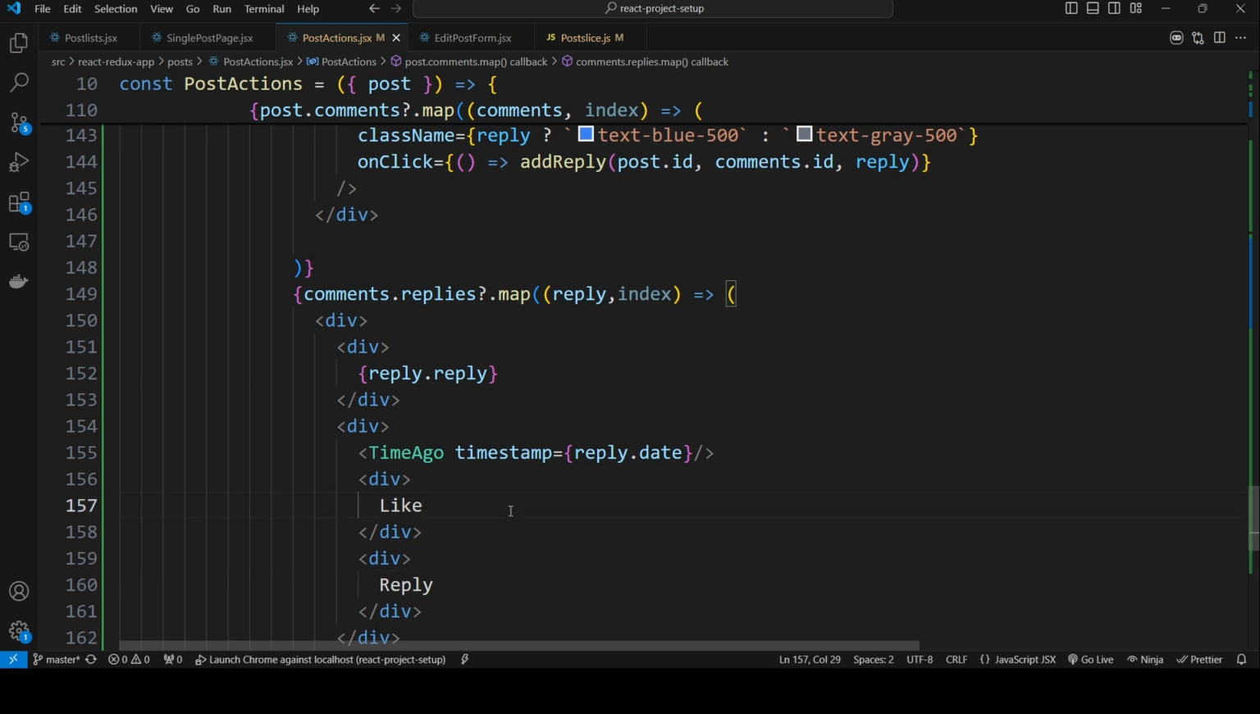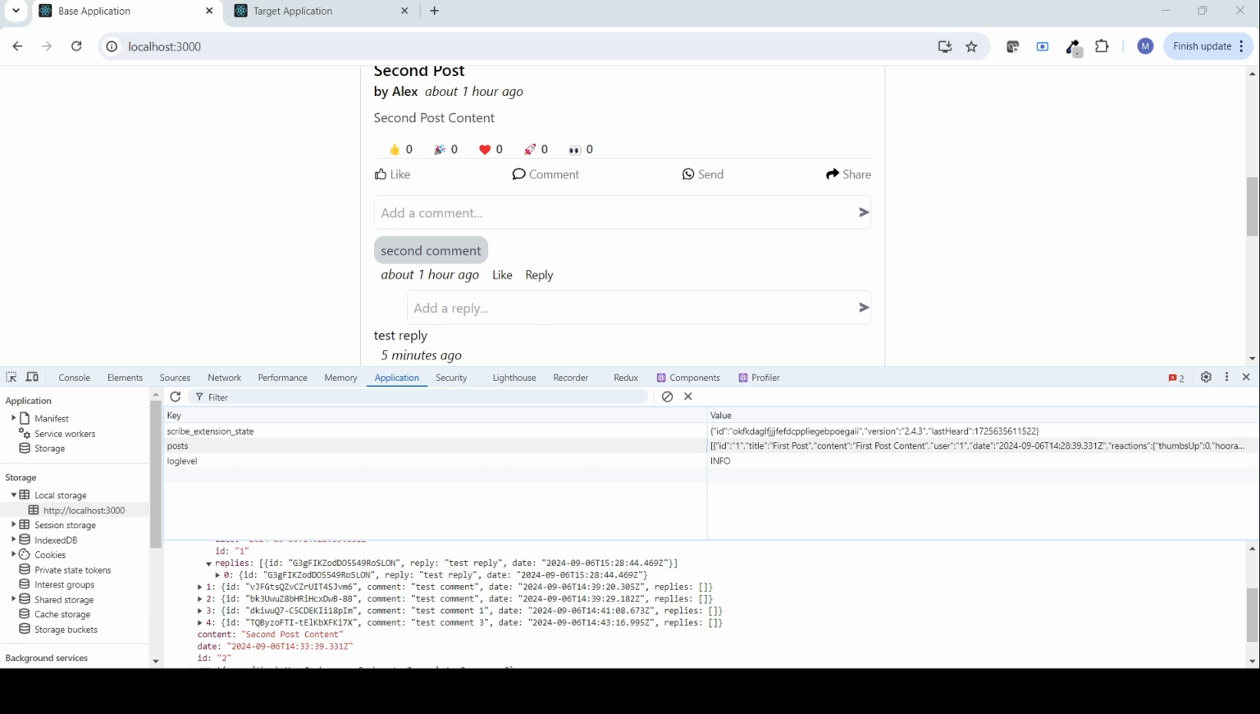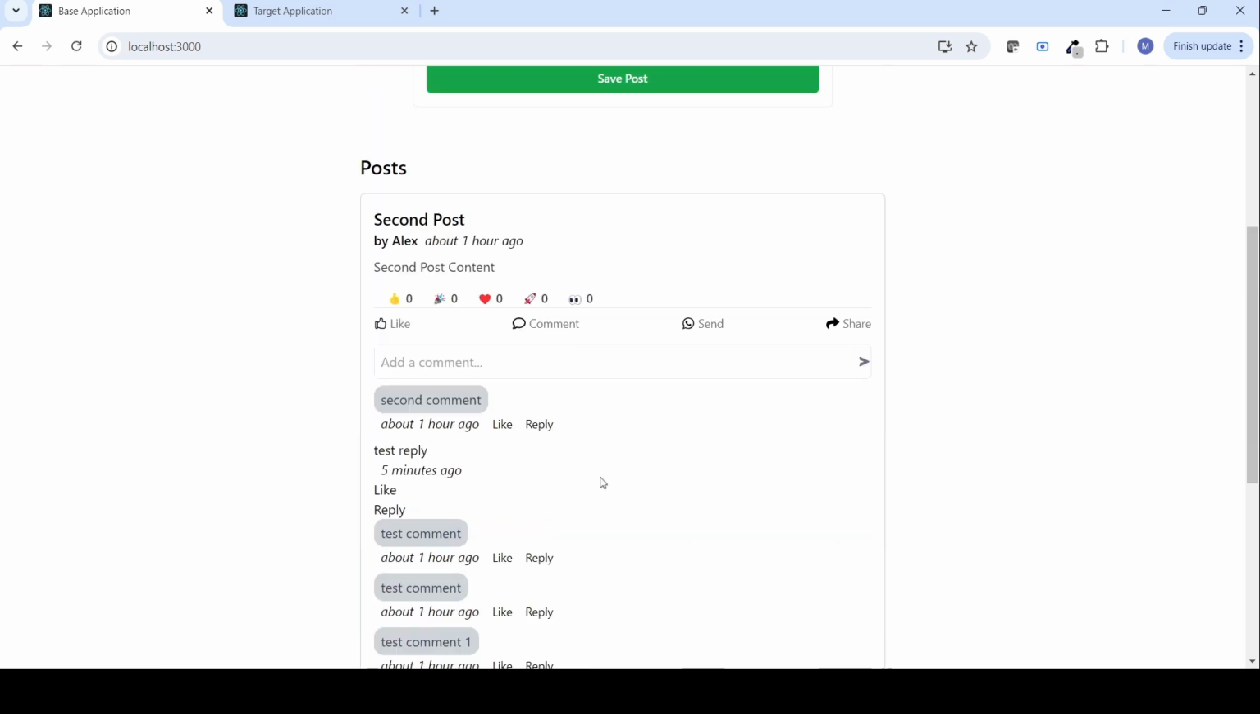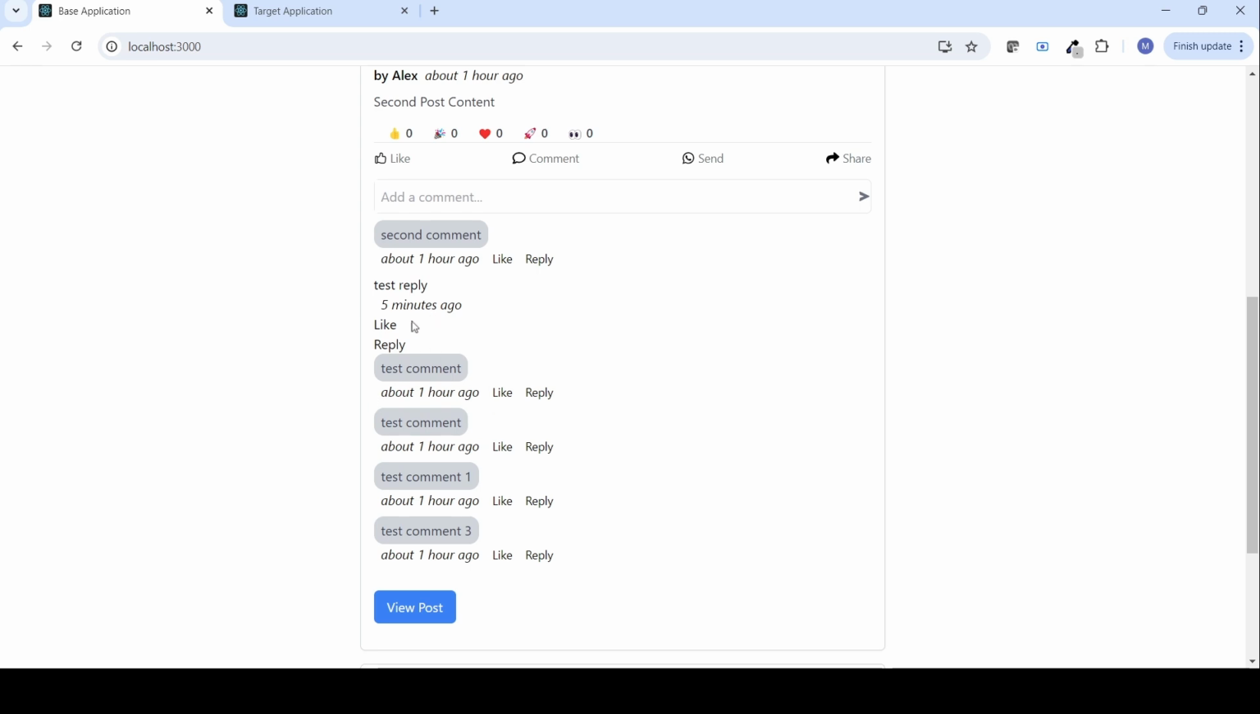Now let me save this and then go back to the application. Let's just refresh it. Currently we already have a reply. If you see here, test reply, it's showing here, but it's not properly aligned. Let me add some styles to make it